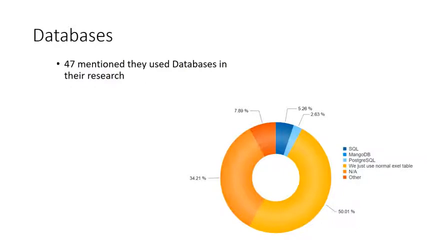Earlier, I explained why data structure and data models, which we can also call a database, are very important and actually play the main role in data management and platform design. Despite that, almost half of the participants do use databases, but the others just use normal Excel tables to deal with their data management. So this is a little bit more challenging when designing the data model for the whole hub project.